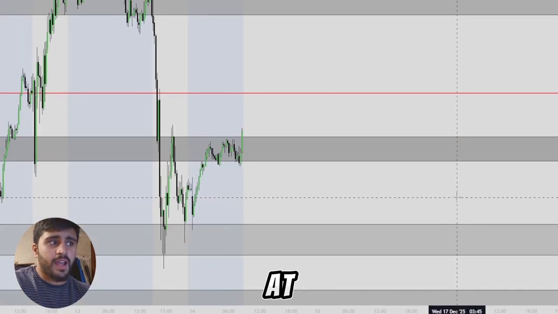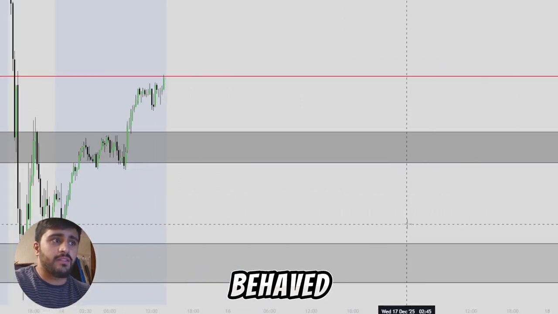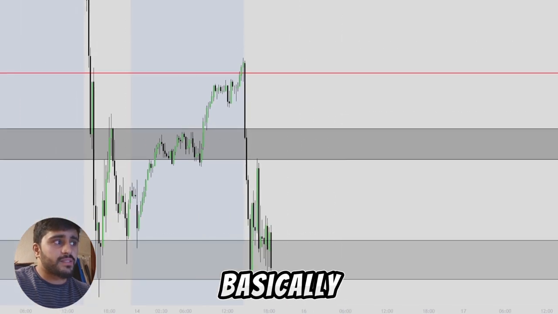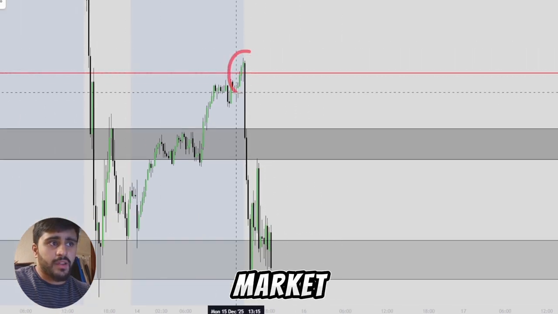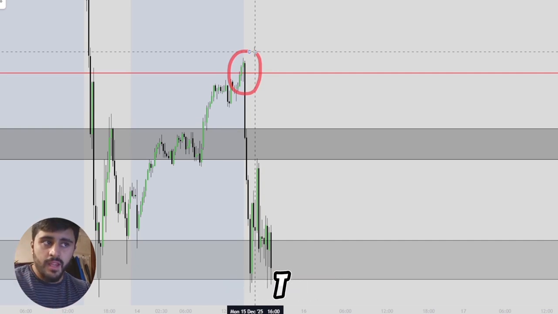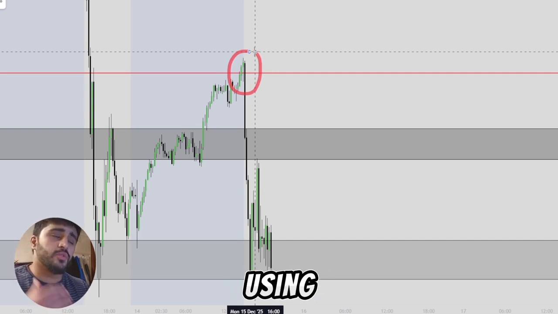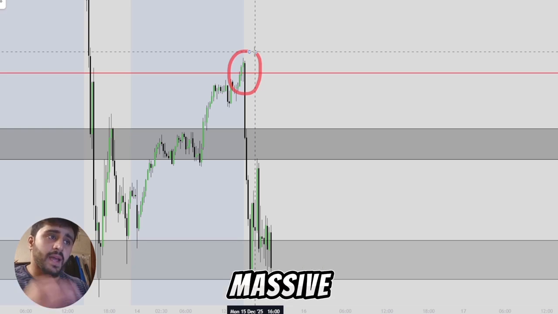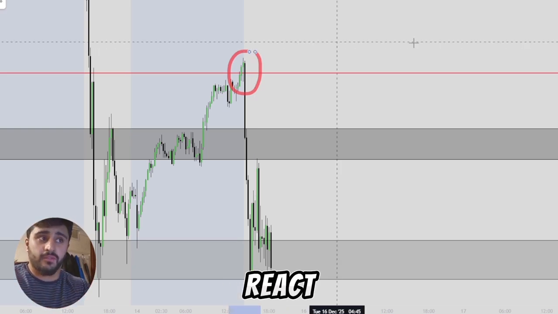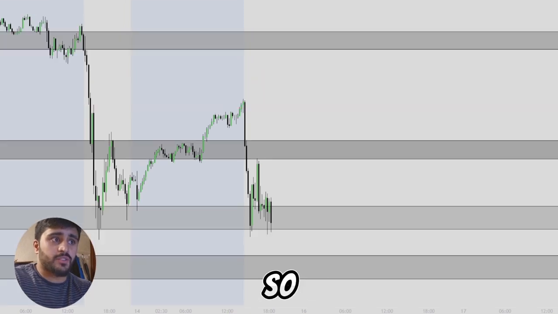Now, if we just take a look at how Monday's price action actually behaved before I break down the trade, this is basically how it works, right? So the market tested the previous week's point of control almost to the T. Now, it doesn't always work out like this, but using the volume profiles gives you a massive edge on where the markets are likely to react from. Just a quick tip so you can kind of